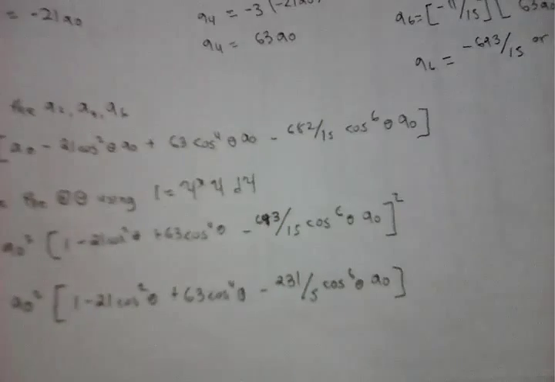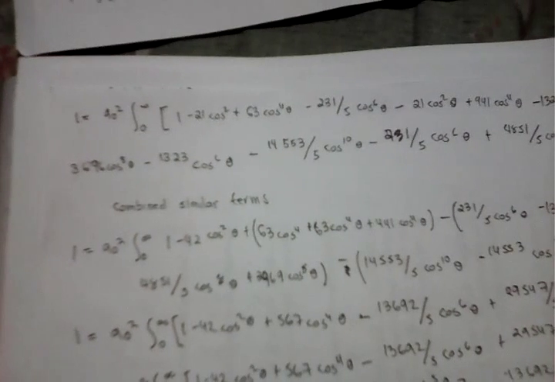Or if we use the simplified form, it should be 231 over 5 cosine to the 6 theta A naught. I use the simplified form, so I get the equation. I squared the equation of 1 minus 21 cosine squared 63 cosine to the fourth theta minus 31 over 5 cosine to the 6 theta. Should erase the A naught because it's not. And then I get the answer 1 is equal to A naught squared is equal to the integral of